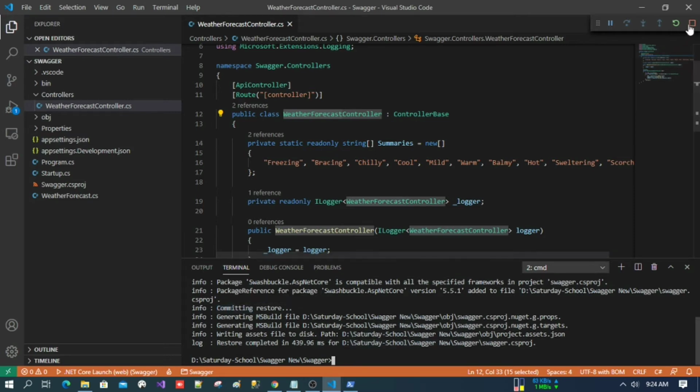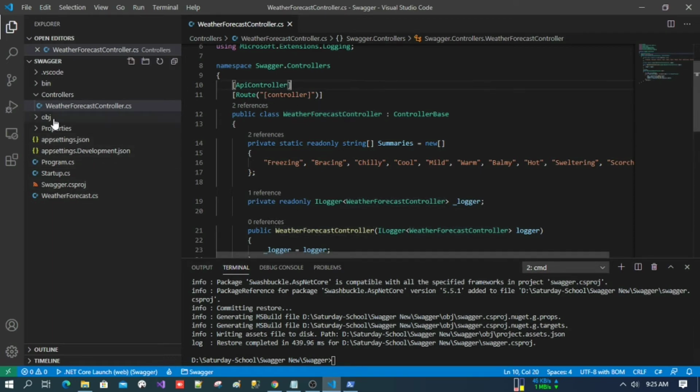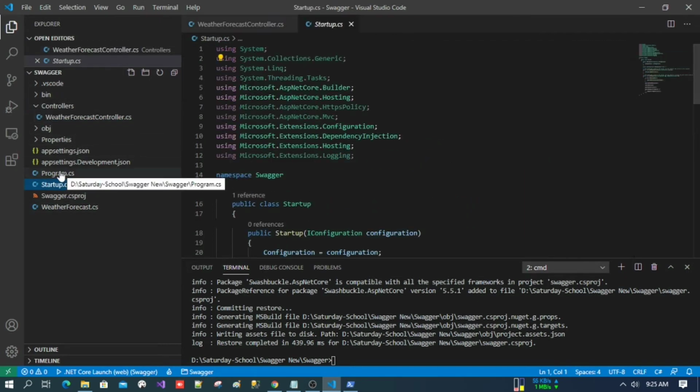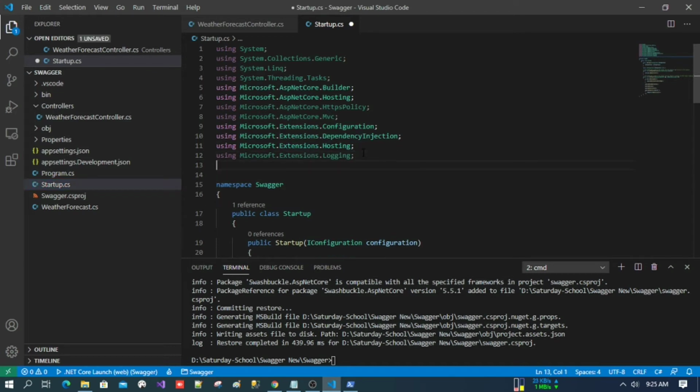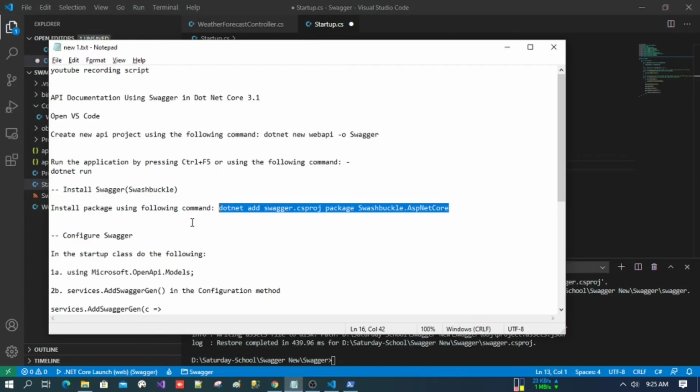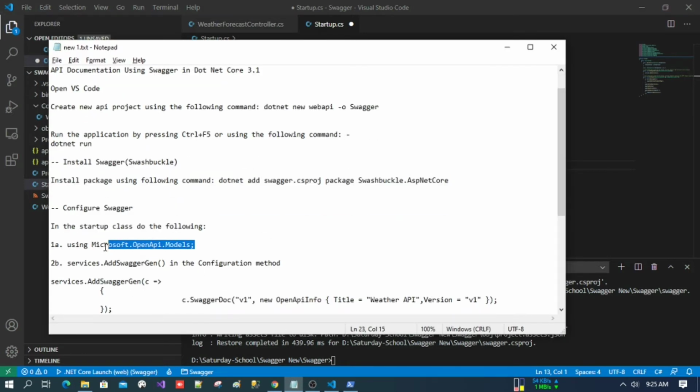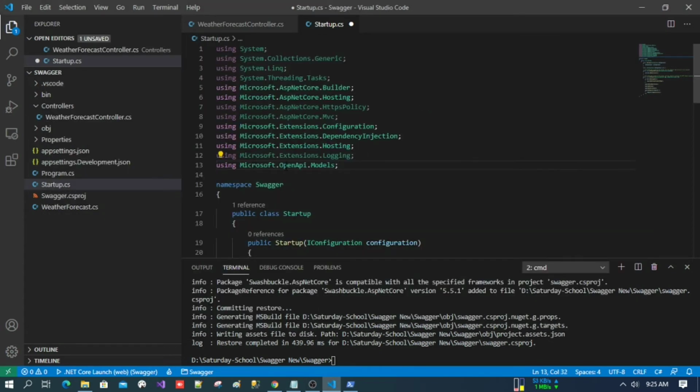Yes, it's installed. After installing the Swagger package, we have to configure Swagger. Let's go to our Startup.cs class, and here first of all we have to use the OpenAPI models. Let's copy and paste it here. Swagger is also called OpenAPI,